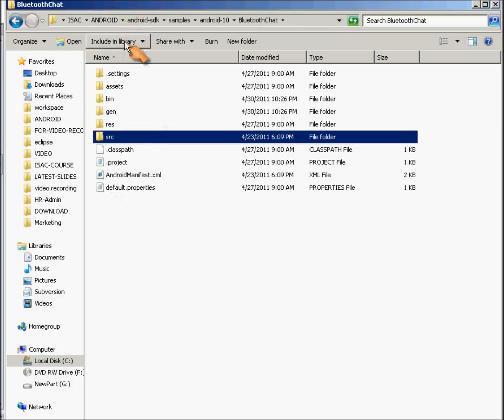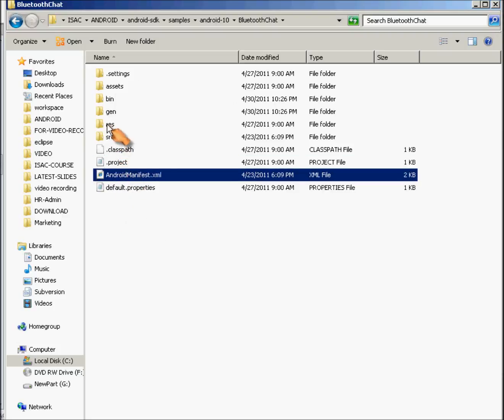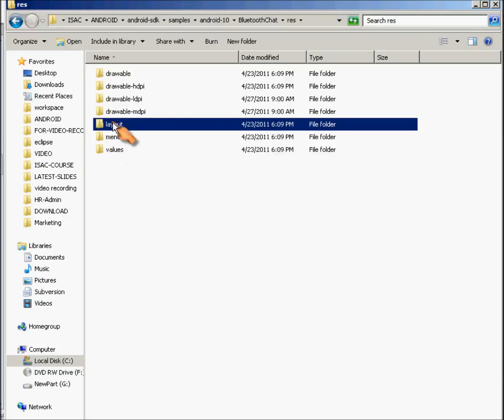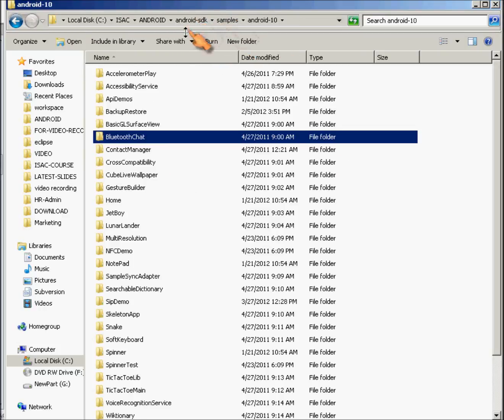You just need to go through this source code, import this. It is a full-blown running application with project, Android manifest.xml file, all the resources, layout, everything is all ready. Now, if I want to do a Bluetooth chat application, this is the first place I will go and figure out